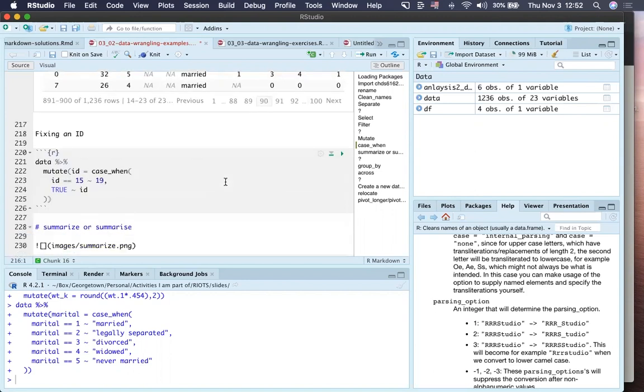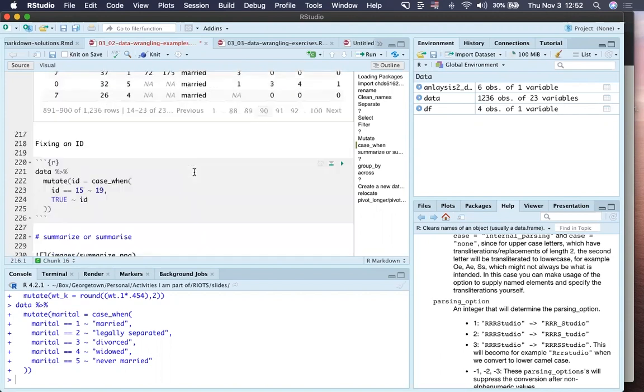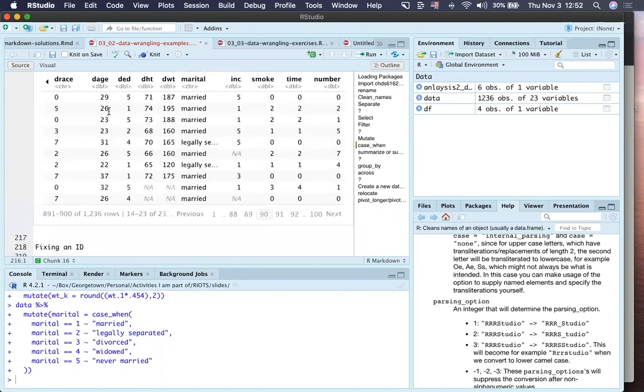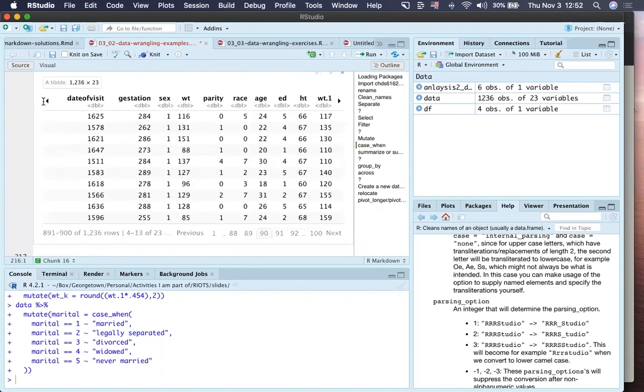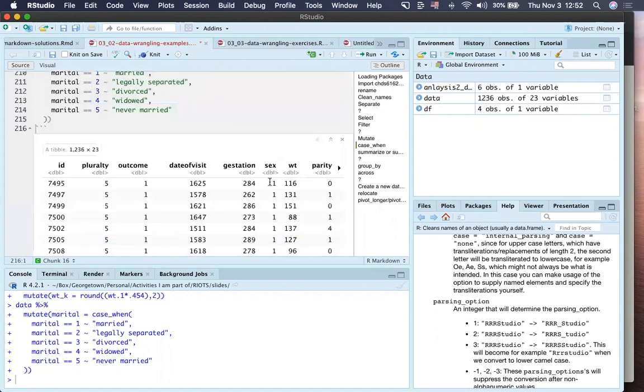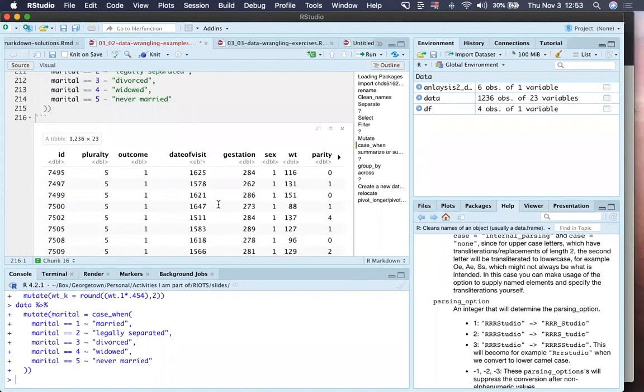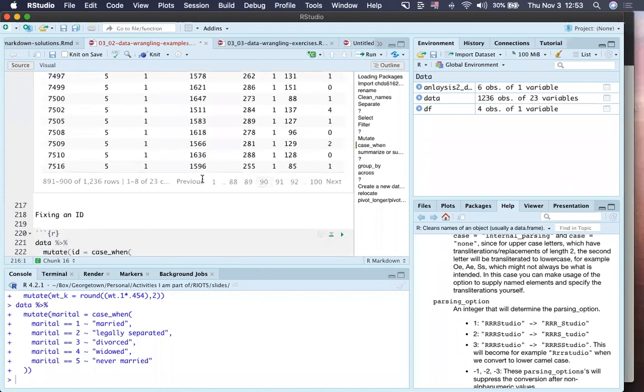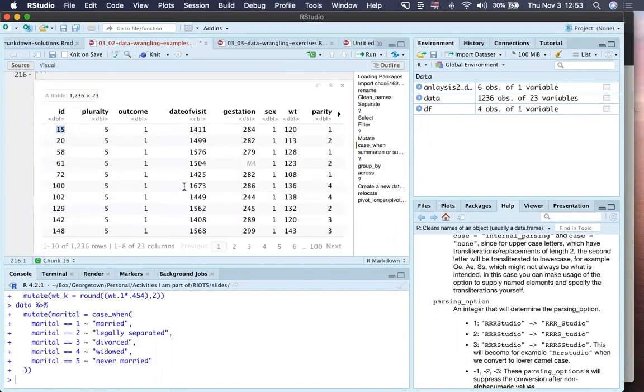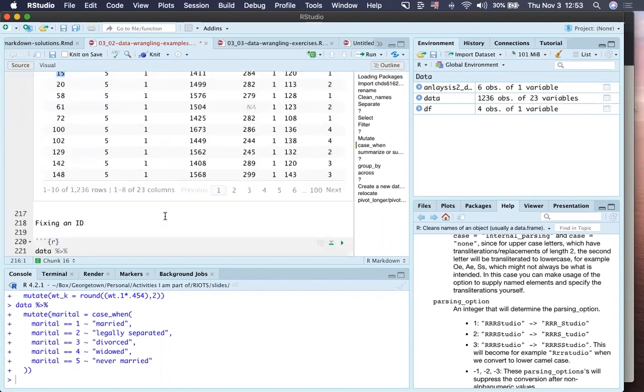Sometimes I want to fix an ID randomly. It's just I messed up and there's one ID that is wrong. So I can do that. For example, if you look all the way to the left here, these are my tails. If I find that, for example, this 15 over here was never supposed to be 15. It was supposed to be 19. And I messed up. Instead of changing that manually in my data frame, because it will come back next time I export my data frame from whatever I did, I'll just add it into my code to modify every time